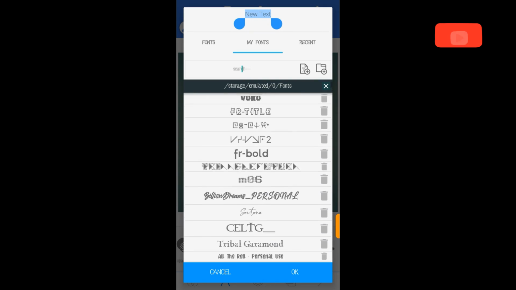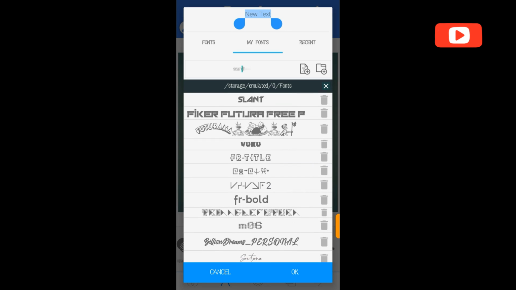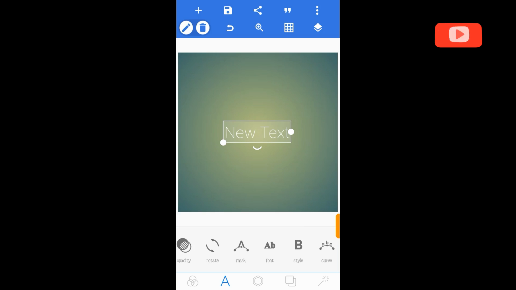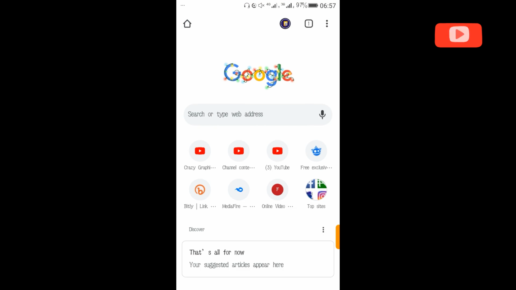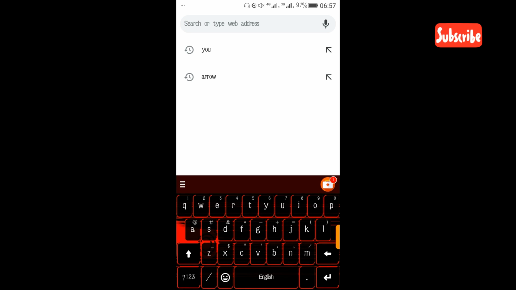So let's get going. Firstly, we need to download the fonts we want to use for our editing. To download the fonts, go to your browser. You can use any browser: Opera Mini, Chrome, Firefox, anyone you have. In this video, I'll be making use of Chrome as my browser. So click on Chrome, then click on the search bar and input the